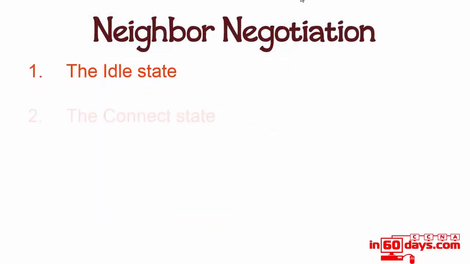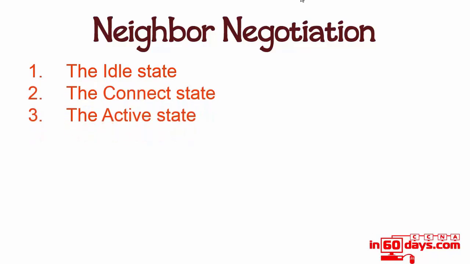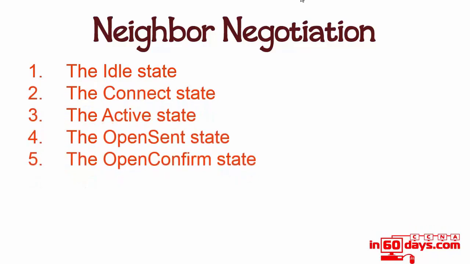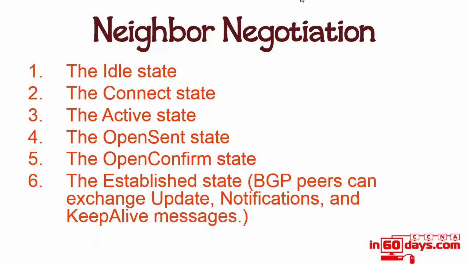Neighbor negotiation. I think it's worth just remembering the name of the state that BGP goes through before it actually hits the established state. And the established state is where BGP peers can exchange all of the update notifications and keep alive messages, but it doesn't happen until it reaches the final state. And you can read more about this when you come to do the CCNP route,